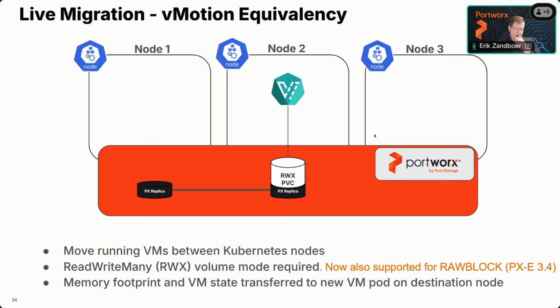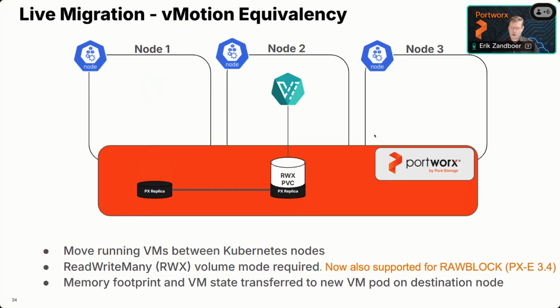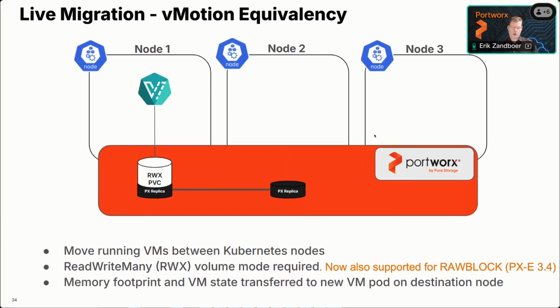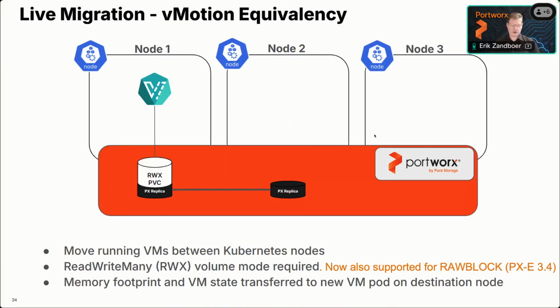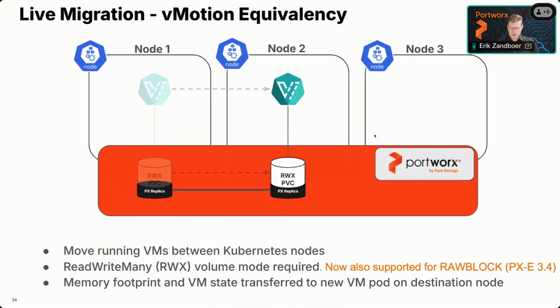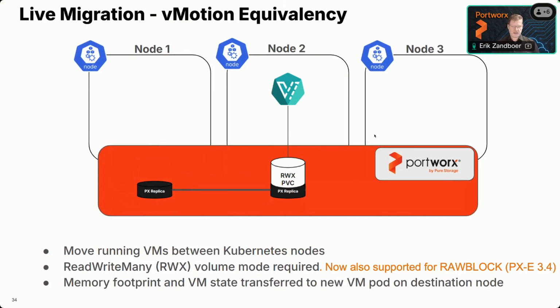So we support that. We have our own trick to actually grab a block device and make that multi-writer capable. That's what we've got running in the lab at the moment. Since Portworx Enterprise 3.4, we also have the availability of raw block multi-writer directly. That basically means that you surface up a disk device that is multi-writer capable directly from the underlying block storage. So live migration is cool, right? It is supported. It works really well. We'll be seeing that in the lab as well.